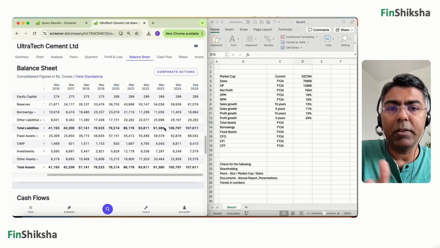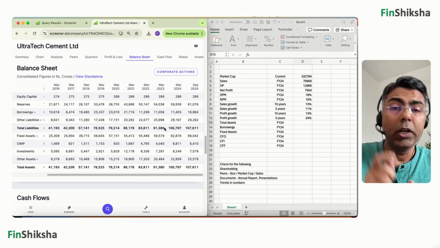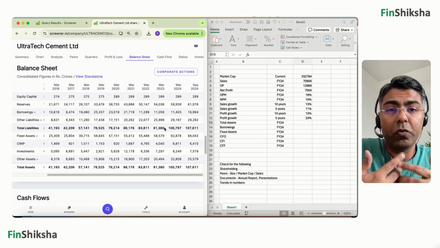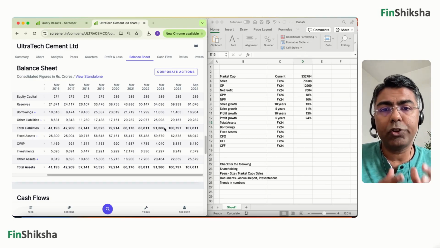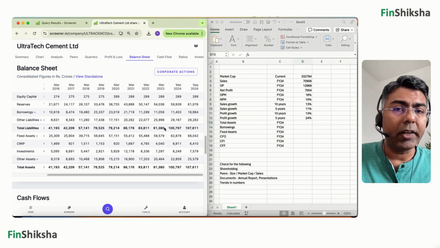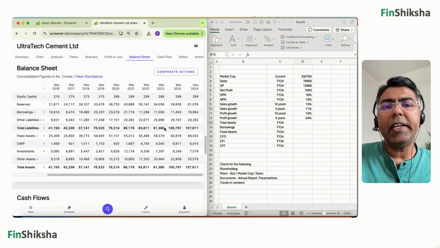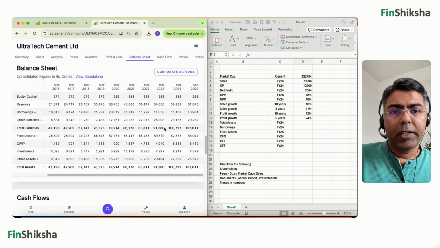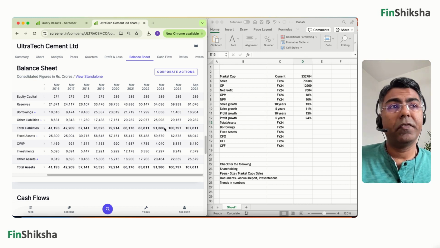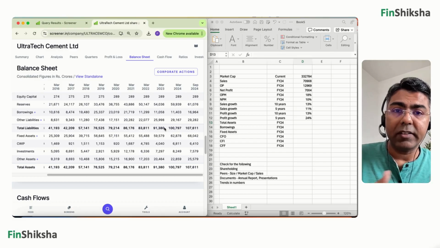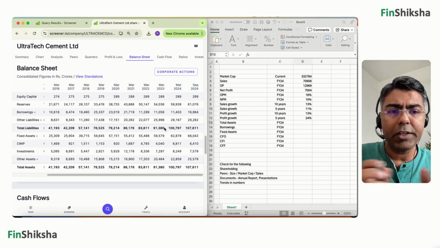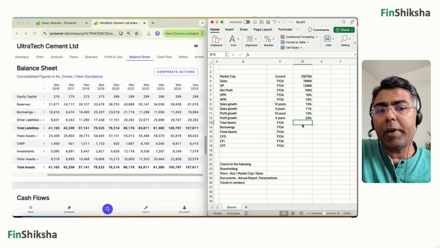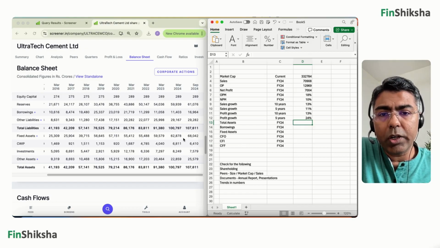How capital intensive the business is. That's what I want to find out. Two, I need to find out if there's a lot of debt that is funding that kind of capex. So does the business need a lot of leverage to sustain or run itself? Three, I want to check any number that is very large, right? So if inventory is large, if goodwill is large, if intangible assets other than goodwill are large, if receivables are large. So just observe very quickly if you see something that is very large, and try and observe and put that down, right? So as a practice, I just want to look very quickly at what are the top